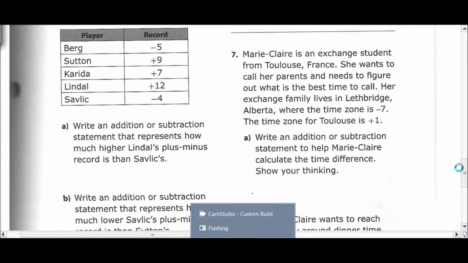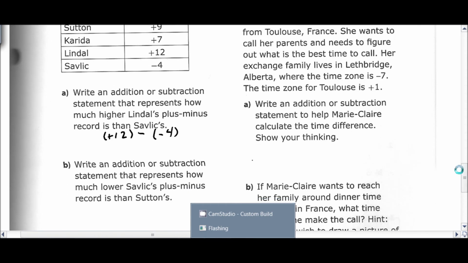Alright, A asks us to write an addition or subtraction statement that represents how much higher Lindahl's plus-minus record is than Savlik's. Okay, so it's asking us how much higher. So we're looking for a difference here, so it's going to be subtraction. So Lindahl's is +12. We're going to take a +12, and we're going to subtract Savlik's, which is -4. So first step is rewrite it as addition. It's going to be +12 plus +4,